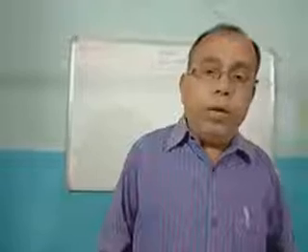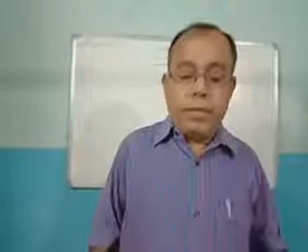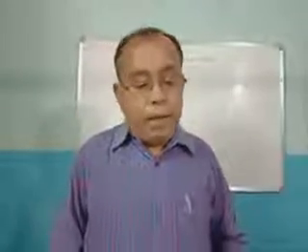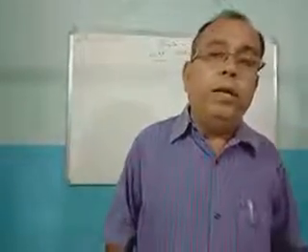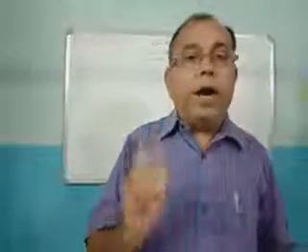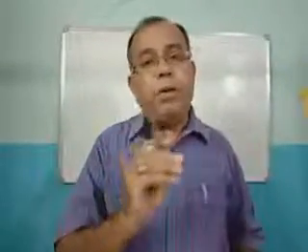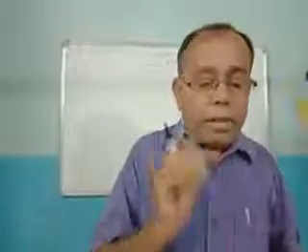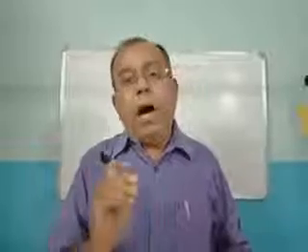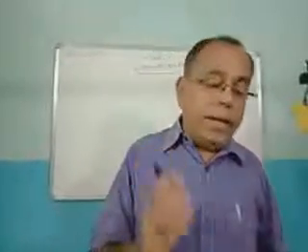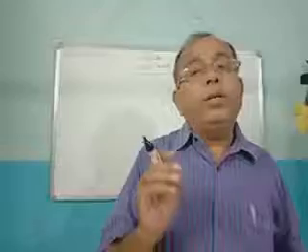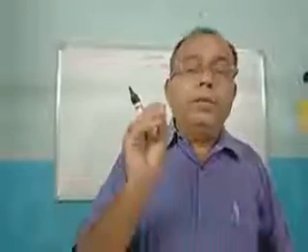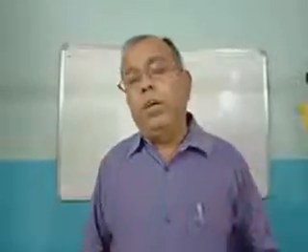Now, from today we are going to start chapter 6, lines and angles. Before we start, we should have some idea. I have already explained this in junior class, but let us review what is a line and what is an angle. How many types of angle? What is a ray? What is a collinear point? What is a non-collinear point? What is an adjacent angle? What is a linear pair?